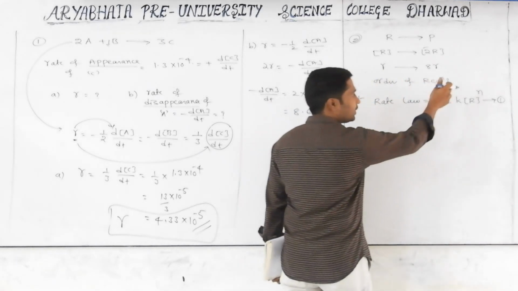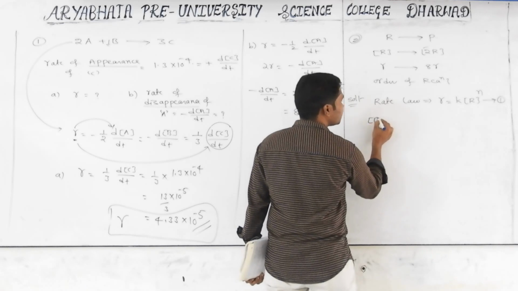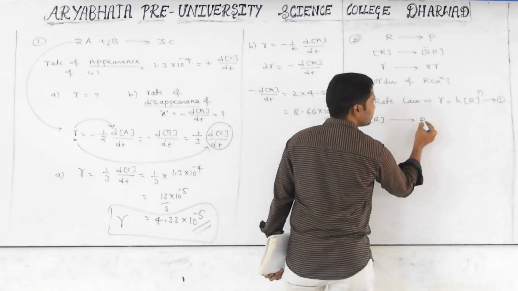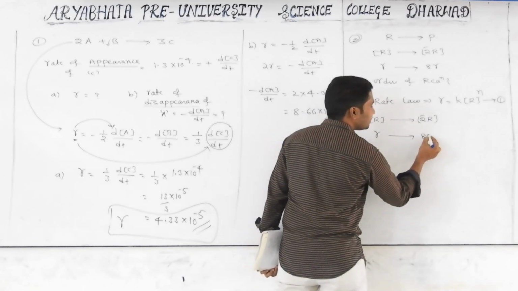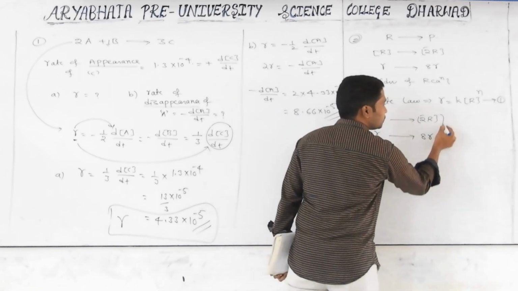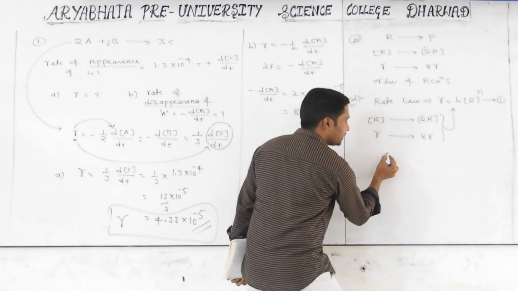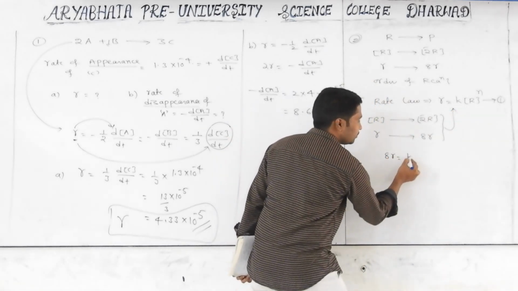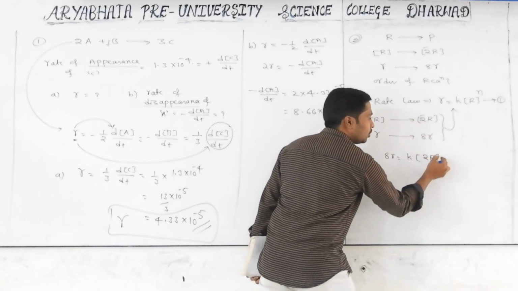That's it. Now our work is finding the n value. If the concentration of reactant becomes how many times? 2 times. Then the rate of the reaction becomes how many times? 8 times. We can substitute these two pieces of information in this equation. Wherever R is there, we take 8R equals K into the concentration of R, which is becoming 2R, whole power